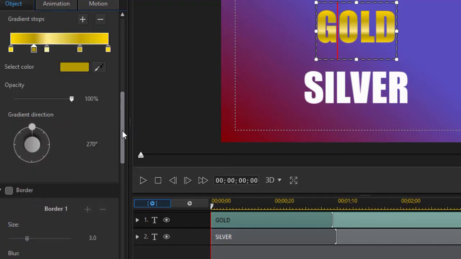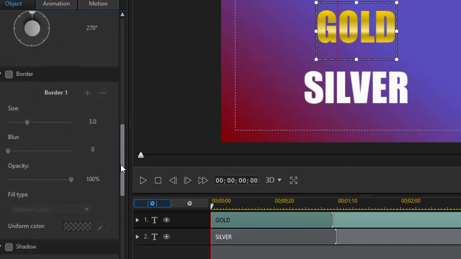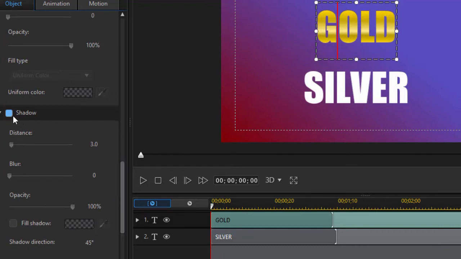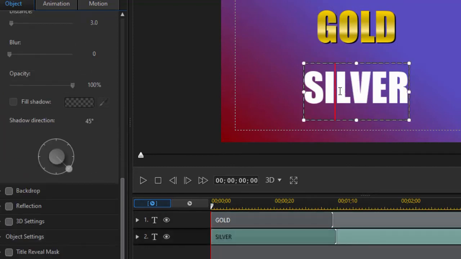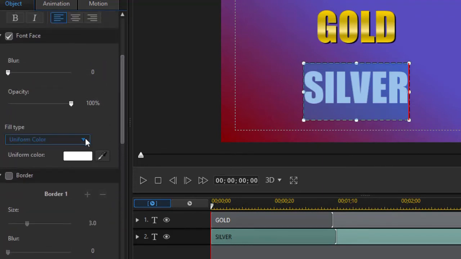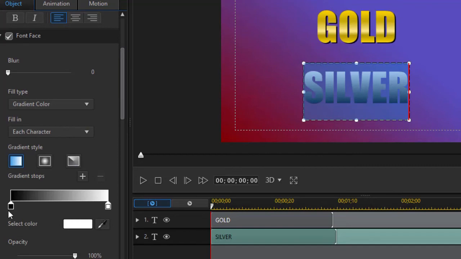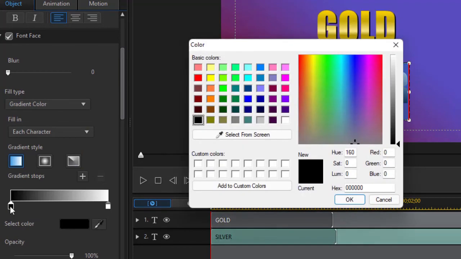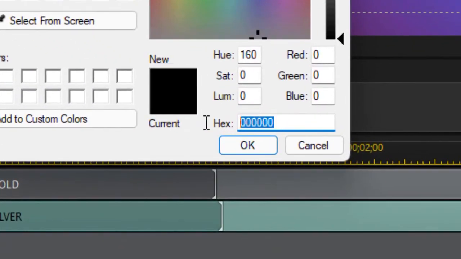With that in place, one thing I want to do is add a shadow. Click on shadow, and let's take the distance down maybe to 1.8. That looks pretty good. There we have a gold. Now let's look for silver. We do Control A to highlight silver. And again, I'm going to go from uniform color to a gradient color. I'll click on the first stop on the left, and the hex code for silver is